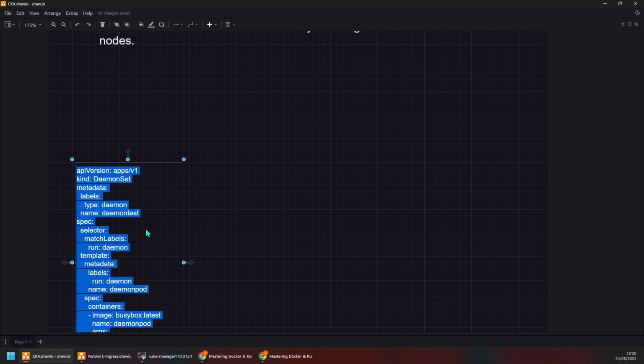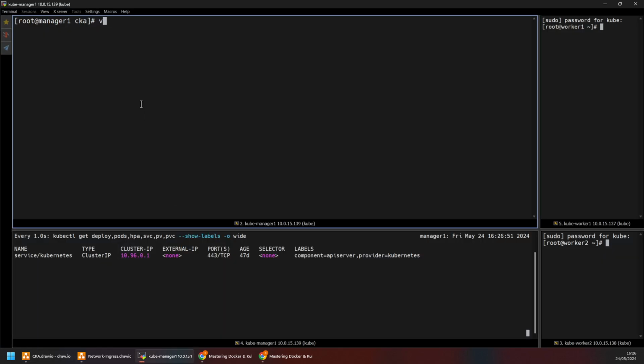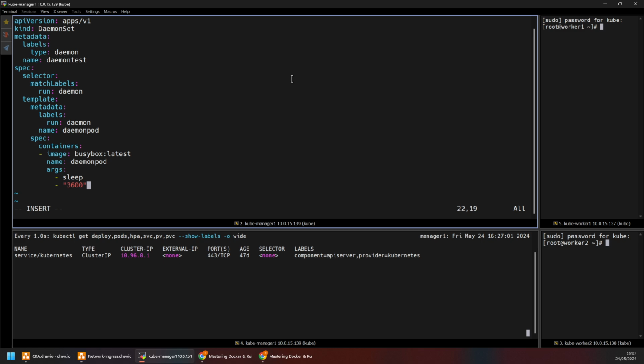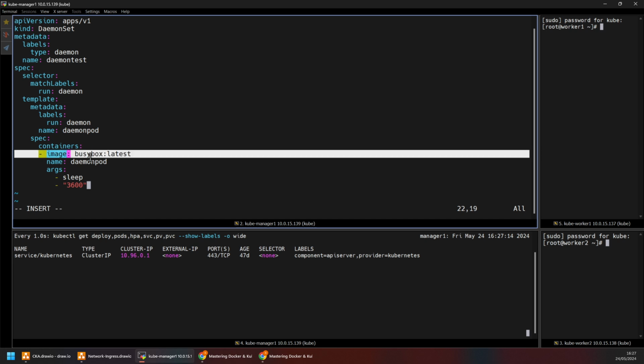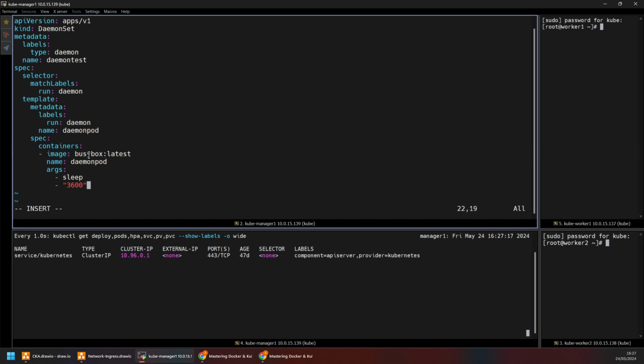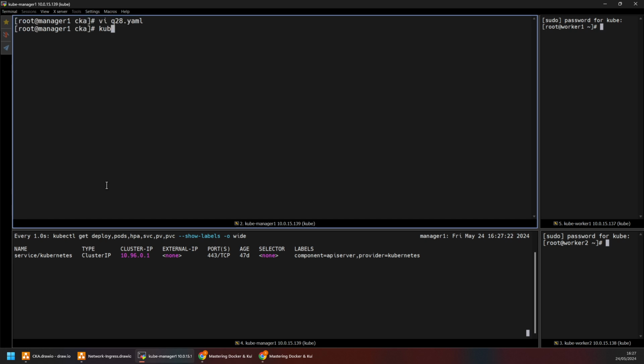So let's just copy this particular YAML file and put it in a file over here called q28.yaml. In this file, we will copy paste the item from our GitHub from question number 28. And this is basically a daemon set configuration, which has a couple of labels over here. And then it's going to have this BusyBox pod running, the BusyBox container running on this pod. Now, this is going to run for 3,600 seconds, which means that kubectl apply -f